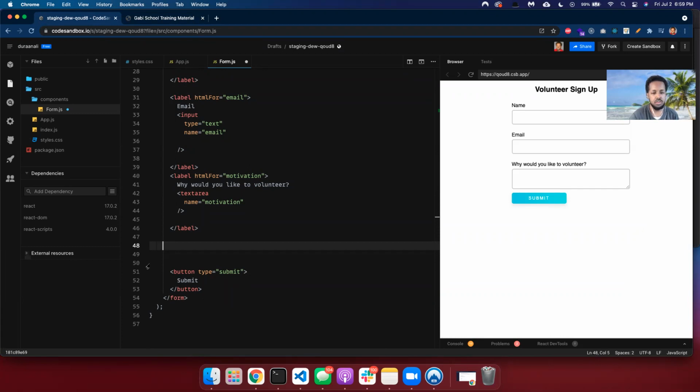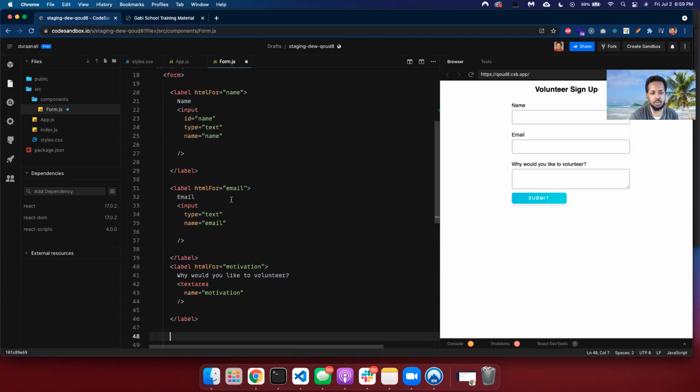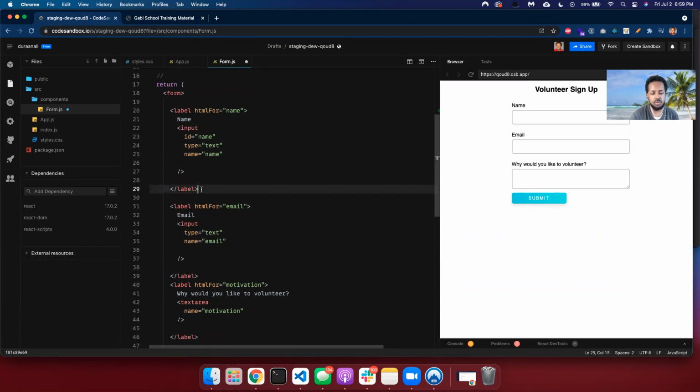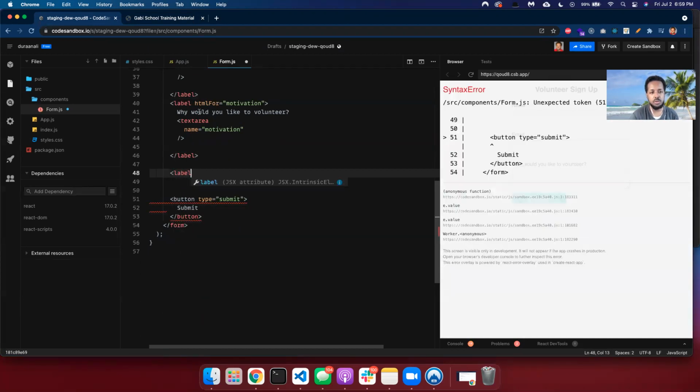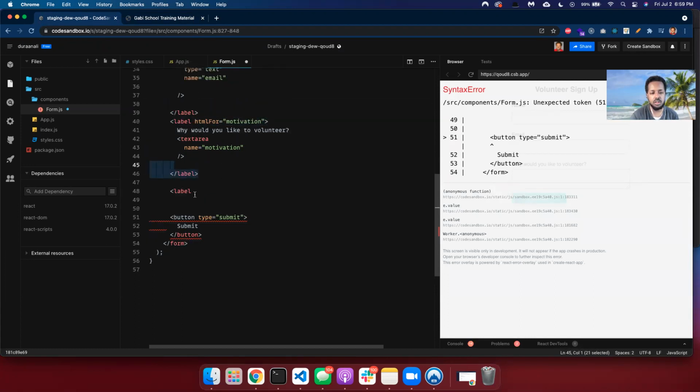Let's see, we have the motivation. So let's add the checkbox. There's a checkbox missing. For the checkbox, we have to add the label. For the label, we're just gonna use the same label as these. And as you notice here, the label is different. We're creating the label at the top and then closing it at the bottom. So that's also something to be noticed. Okay, so label. And we could add the htmlFor here if we want. htmlFor equal to, we're gonna call this,